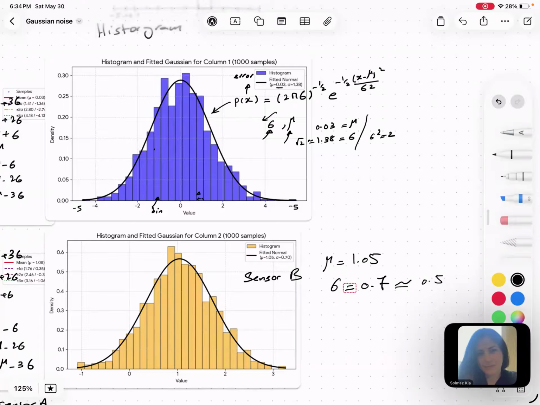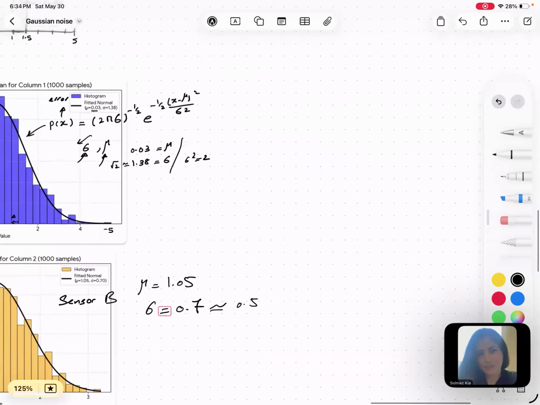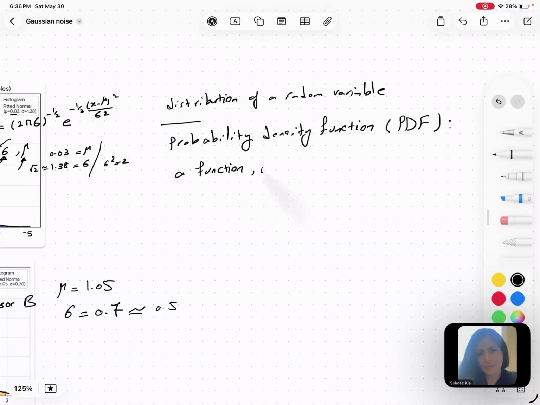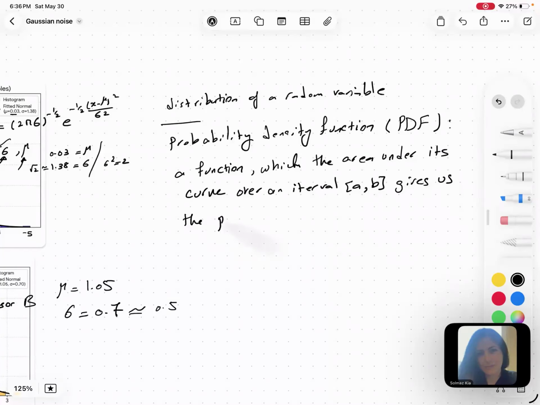But what is a distribution? It's also good to know about the formal definition of this as a probability density function, or PDF, in which the area under its curve over an interval a and b, so any interval that you pick, gives us the probability